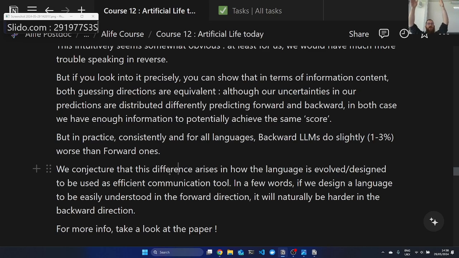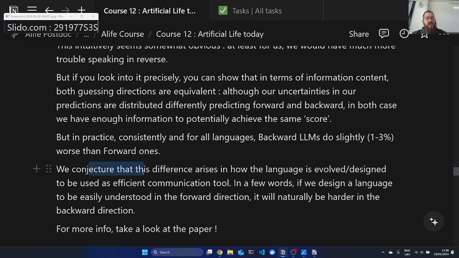If you're trying to predict the next word, it will be easy to learn in the forward direction, right? Because given the 2 prime numbers, to predict the product, all you have to do is do the product. Whereas if you go backwards, of course, if I give you the product, in principle you have the necessary information to guess the 2 prime numbers. But this information is much harder to get because you have to factorize the number. So this is some effect related to that.